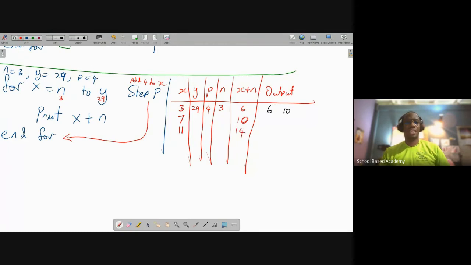14. So that's the next output. But then we go back to x, and we know that we have to add 4 to x. So the next value that we have is x plus p. Right? So remember, every time we finish print, we add p to x. So we carry this up to 15. And of course, now we have 15 plus 3 printing out, which would be